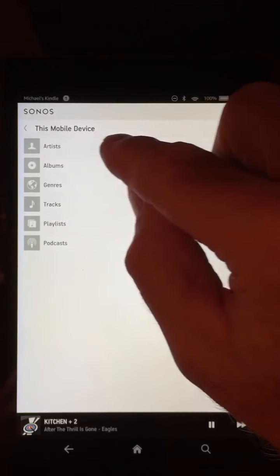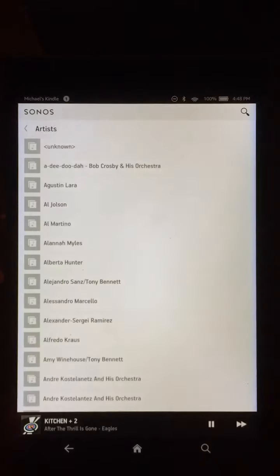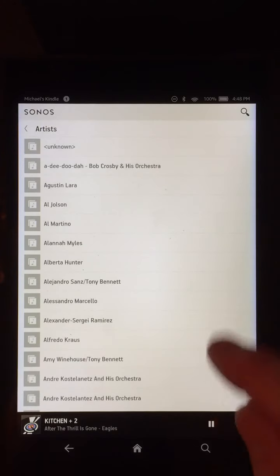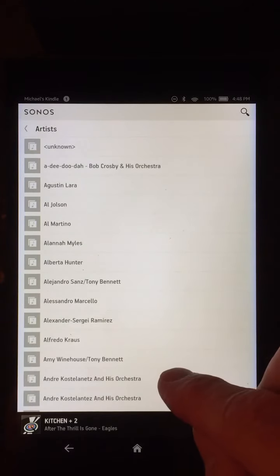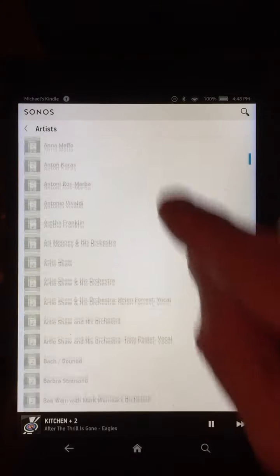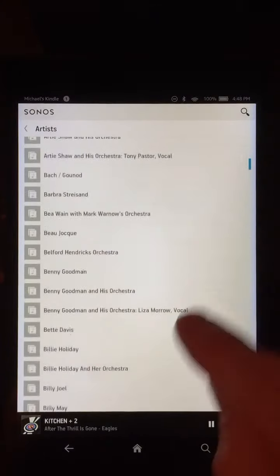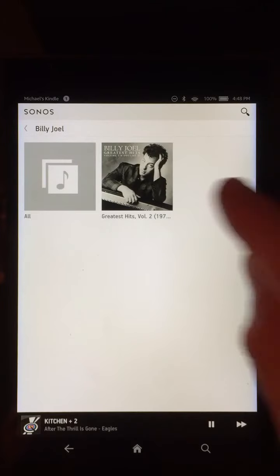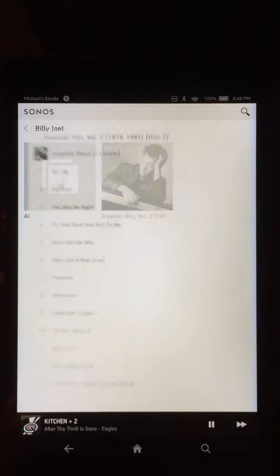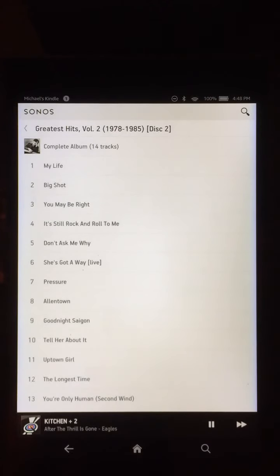So let's go to artists, and we click on artists here, and we see a list of all of the names of the bands or names of the individual artists, and we can just scroll down the list here, and it's sorted alphabetically. So if I want to find Billy Joel, let's say, I click Billy Joel, and it shows just one album in this artist, and if I click on that, I see a list of all the songs